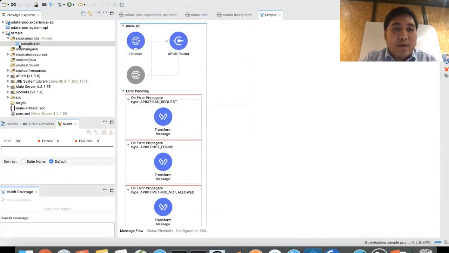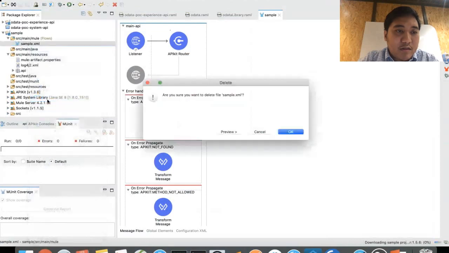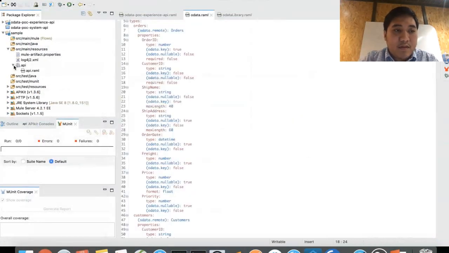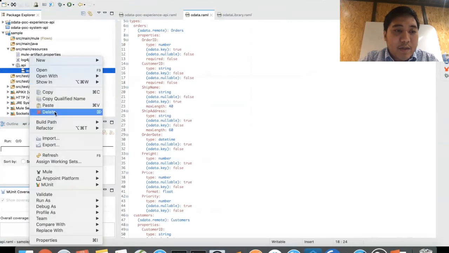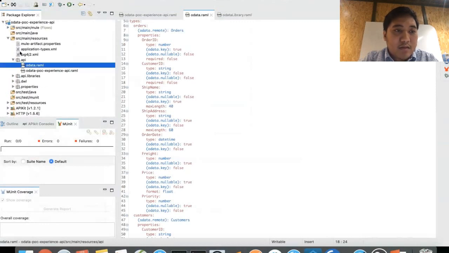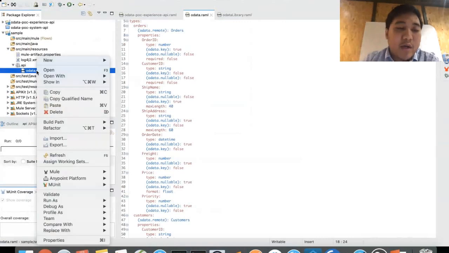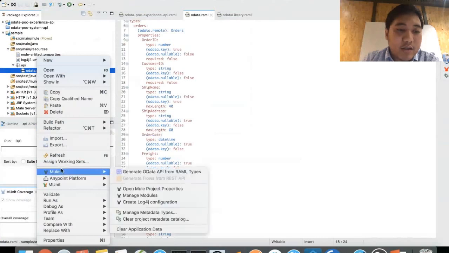Now, if you have the RAML file of OData, you can just delete this sample here, delete the API spec as well, and then just copy the entire OData.raml in your project. And once that's in, if you have the OData plugin installed from my prerequisite slides earlier,